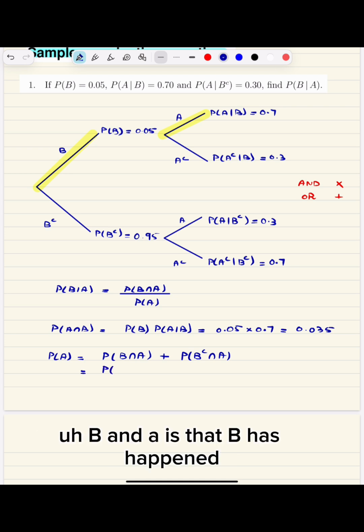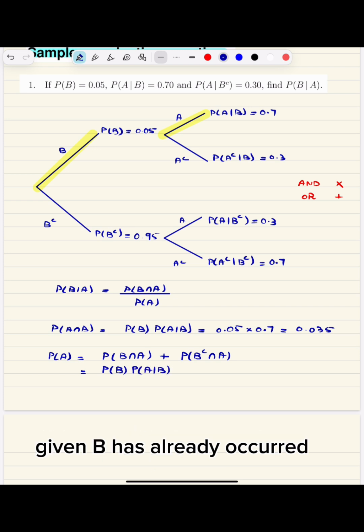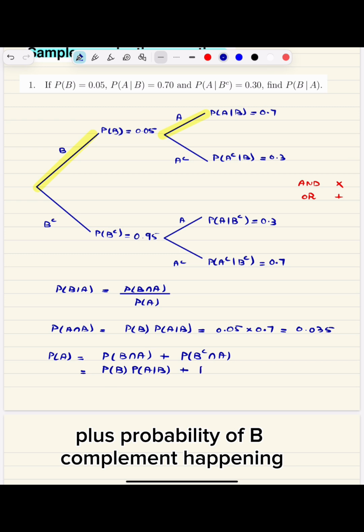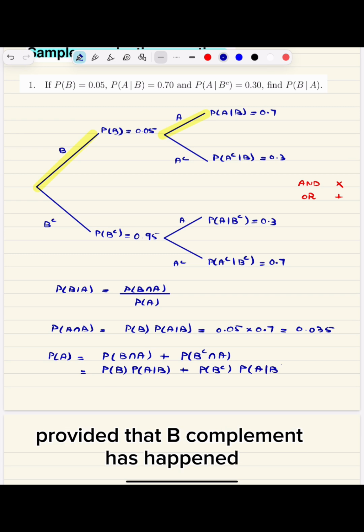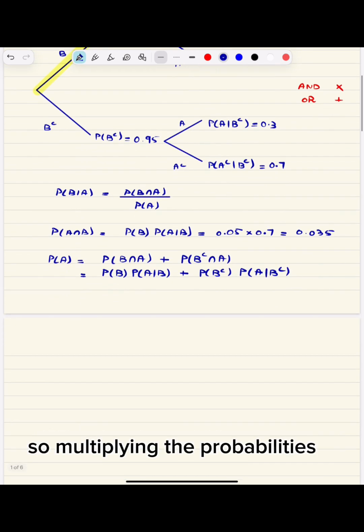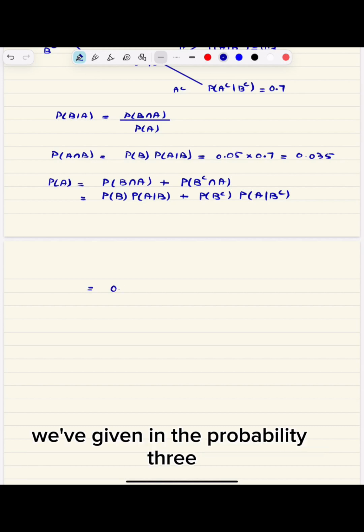B and A is that B has happened, and then the probability of A happening given B has already occurred, plus the probability of B complement happening, and then the probability of A happening provided that B complement has happened. So multiplying the probabilities we've given in the probability tree,